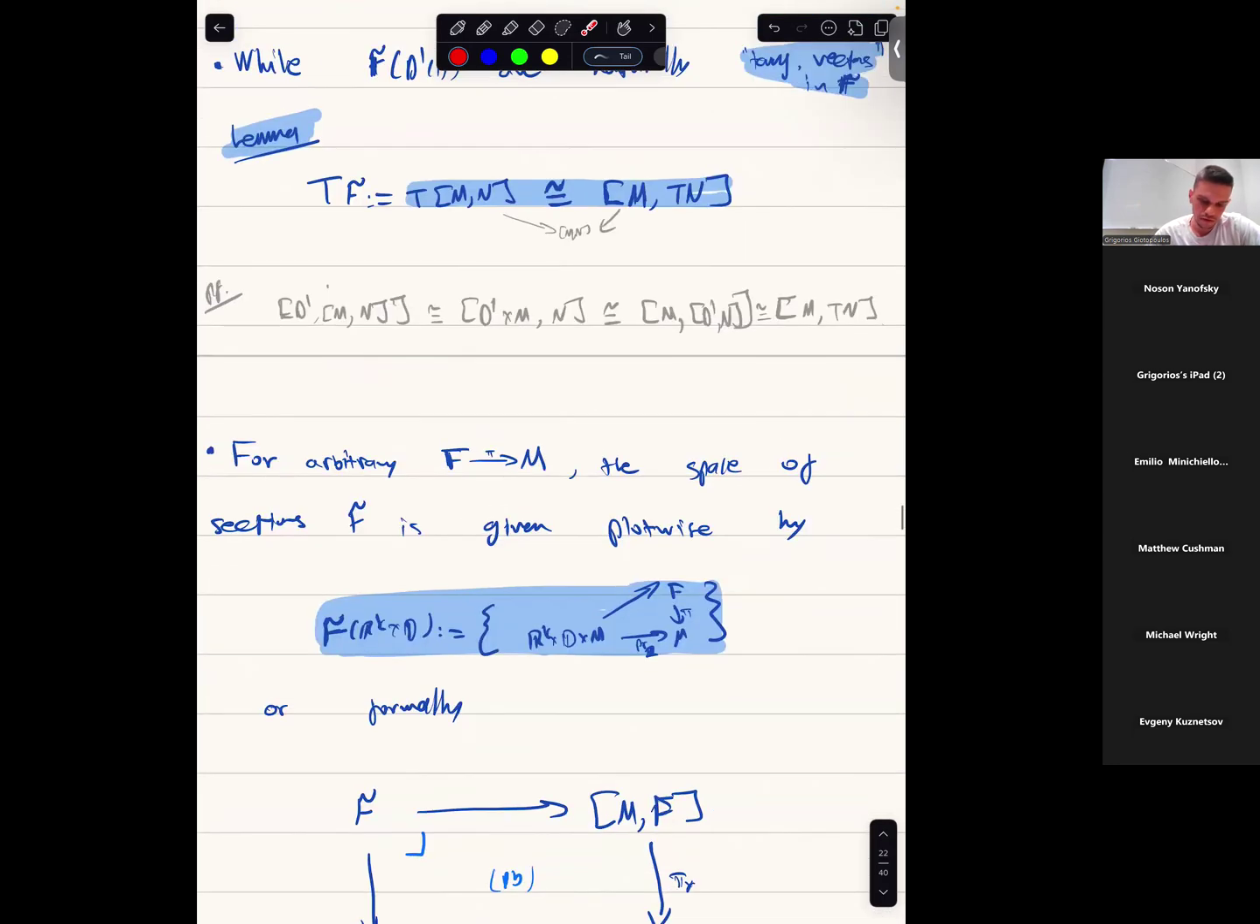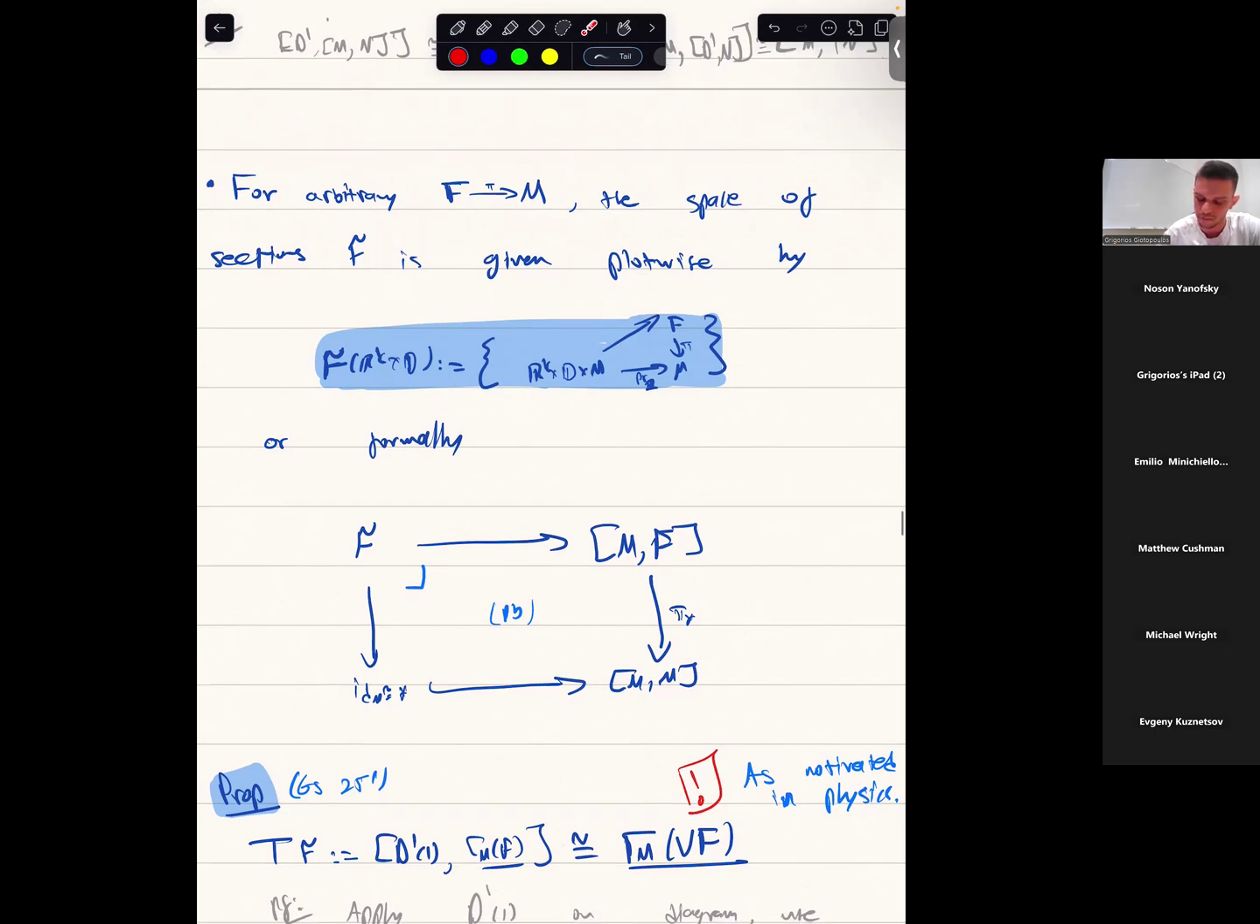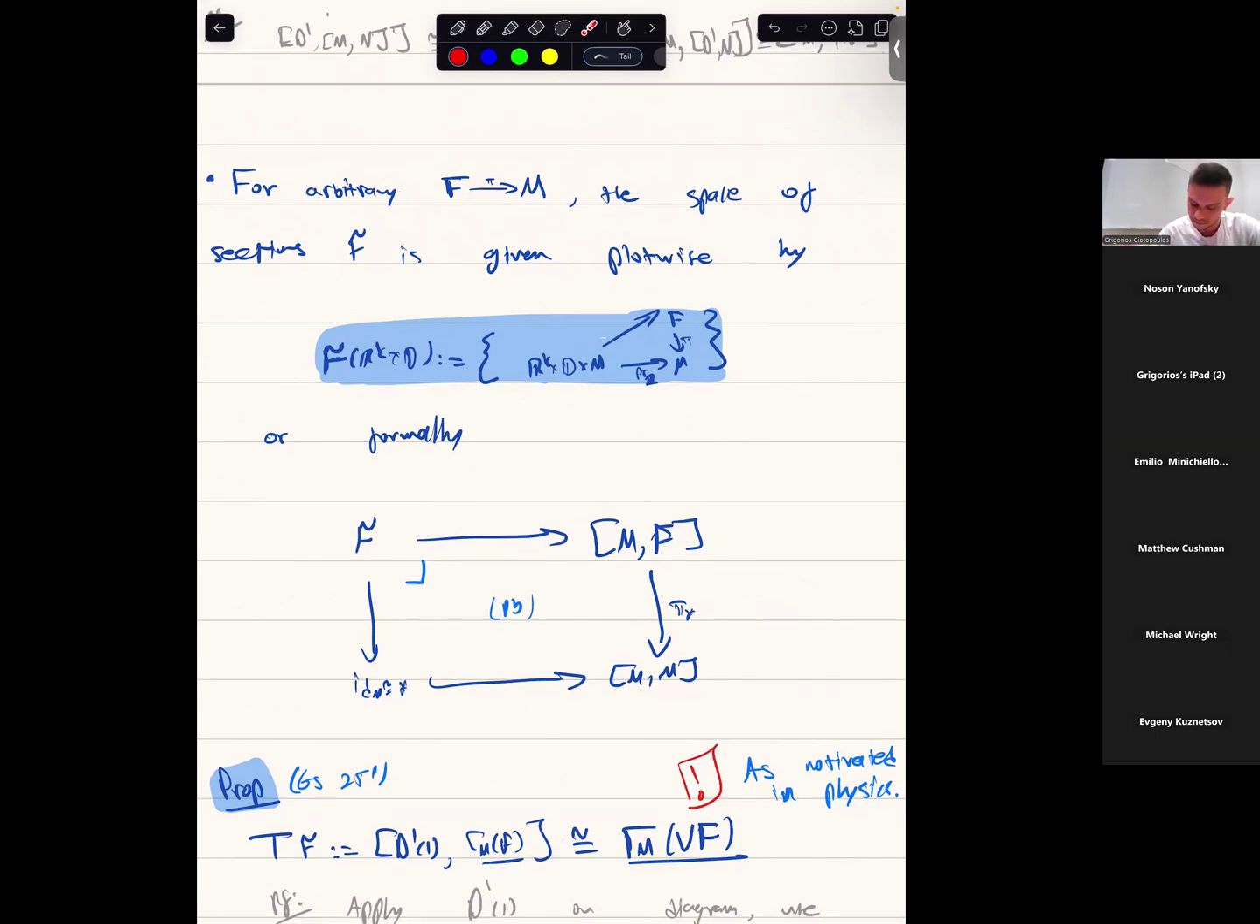Okay, but now we just talked about the trivial fiber bundle. Well, it's not hard to go to an arbitrary fiber bundle. You take an arbitrary fiber bundle. Let me just tell you what the space of sections is. Plot-wise, what you do is you take an R^k cross D parameterized section. Well, it's literally an R^k parameterized section, or more formally, from the categorical point of view, the set of sections